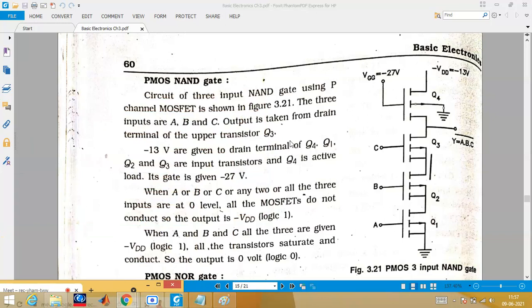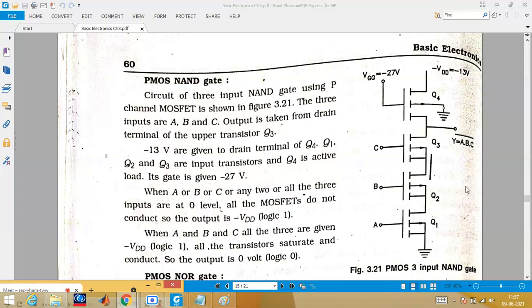Now you see, if I am saying 2 inputs, then you will not have this circuit. It is very easy. What you have to do is you can write here B, A, and make this one grounded. So the connections are quite easy. However many inputs they say, you connect that number of transistors, and you can give the names A, B, C. You can write anything, X, Y, Z, or 1, 2, 3, 4. It's up to you, so that it would be easier for us to explain. Then you will have the pull up transistor, which you will refer to as Q1, and the others you can say Q2, Q3, Q4.